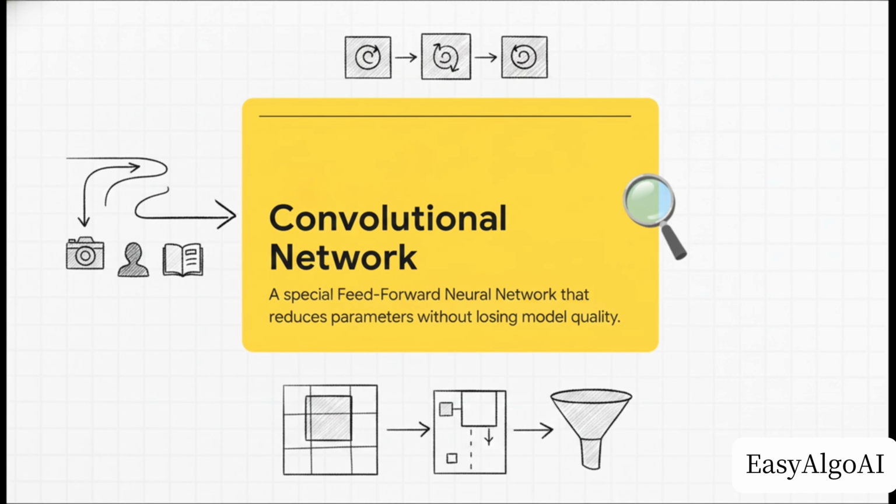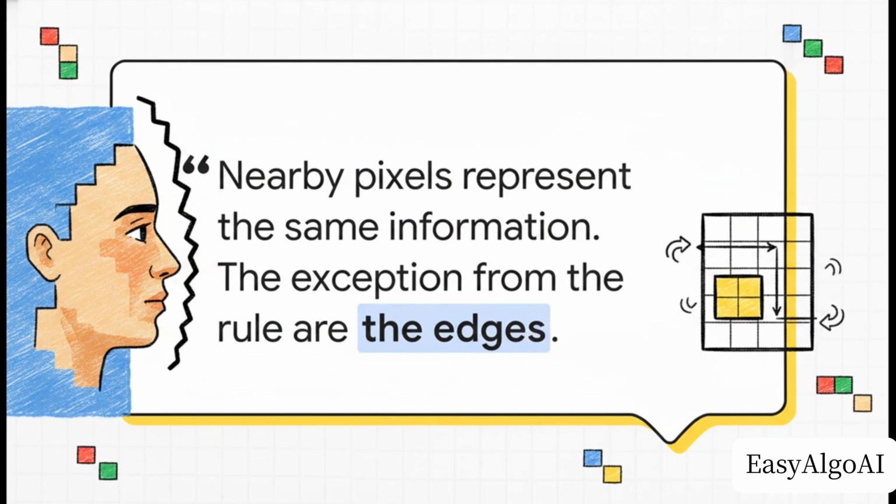But to really grasp why they work, we have to look at how images themselves are actually built. There's this foundational, almost philosophical insight about how images function at a pixel level. Think about a photo of a face against a bright blue sky. Massive patches of those pixels are basically identical, right? Just pure blue sky or continuous skin tone. The real juicy information, the exception to the rule, is found entirely at the edges, exactly where two different objects